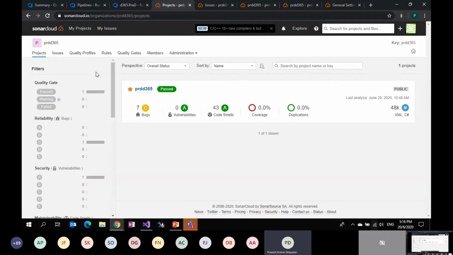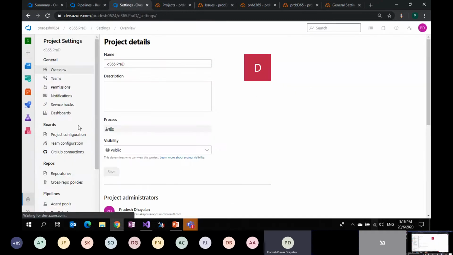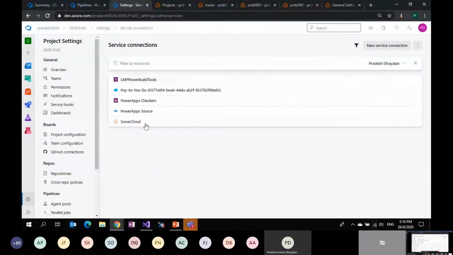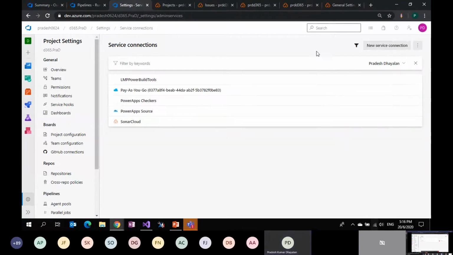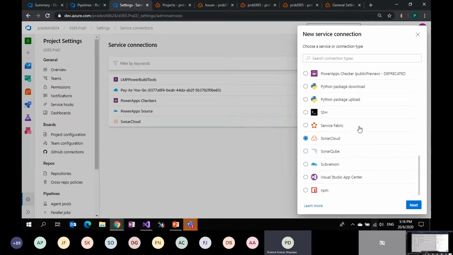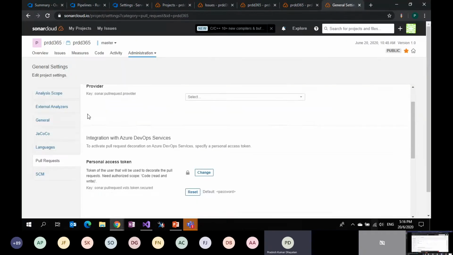Once the project is created, you can create a service connection here. Go to the project settings, and then service connections. See, I've added my SonarCloud here. Likewise, you can add a new service connection, then go to SonarCloud, and you should get the token. So now to get the token, you can go here and then